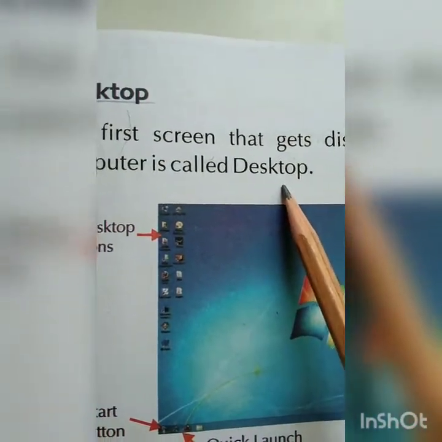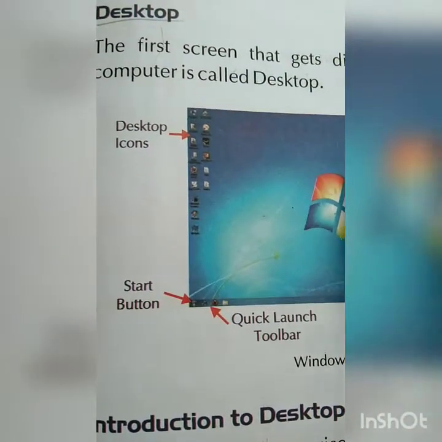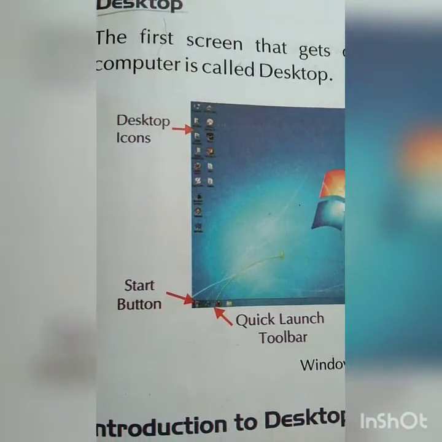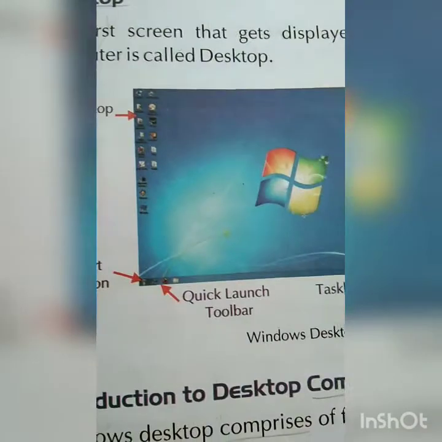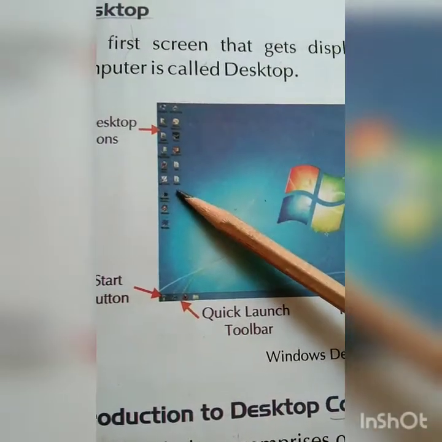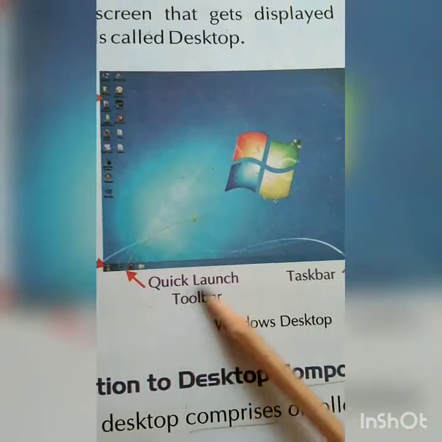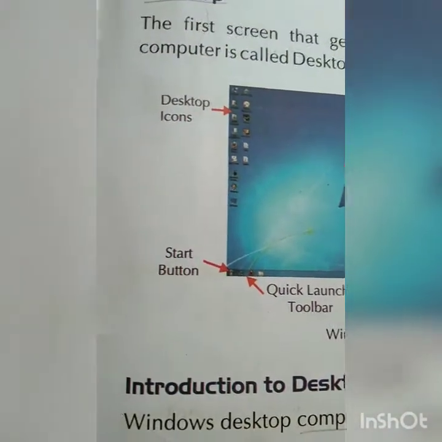The process goes on booting, okay, and then you can see this screen, which is known as the desktop. Now we will learn in detail about this screen, what name is given to it and what the picture shows, and there are a few buttons you can also see. So each and everything we will learn about this picture.